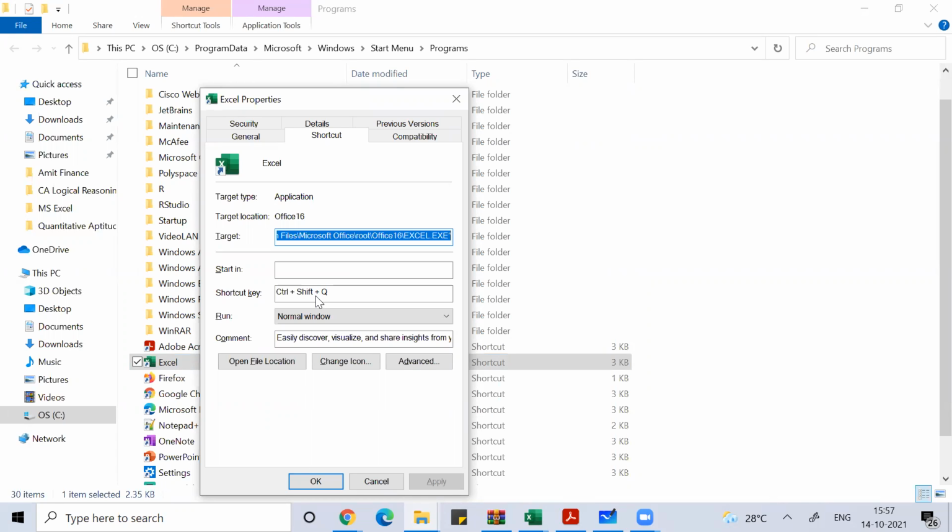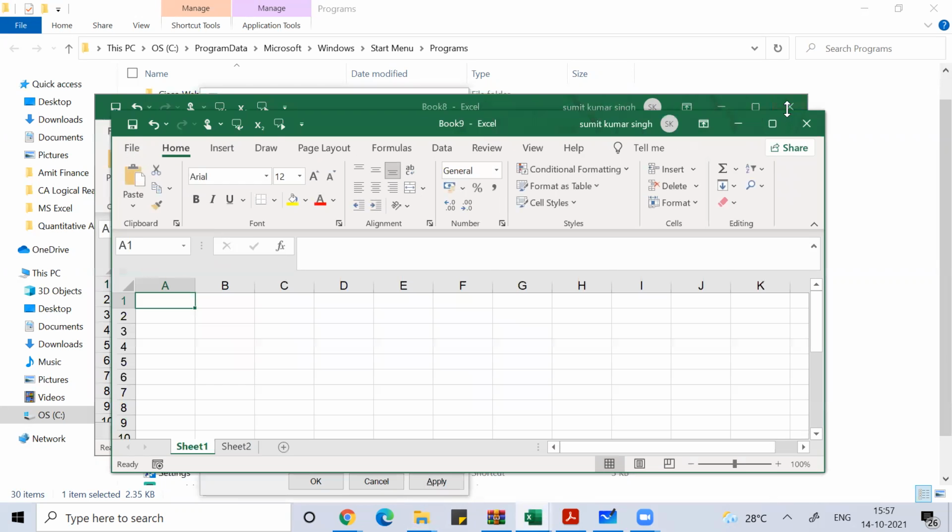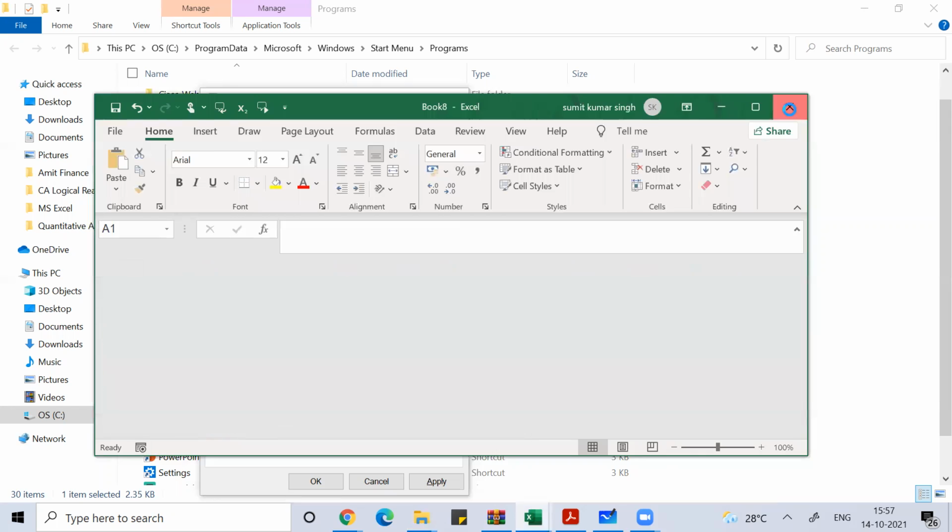So from None, you just erase None and write Control Shift Q, and then you press OK. For example, you can see None. Again, if I press Control Shift Q, that is already there.